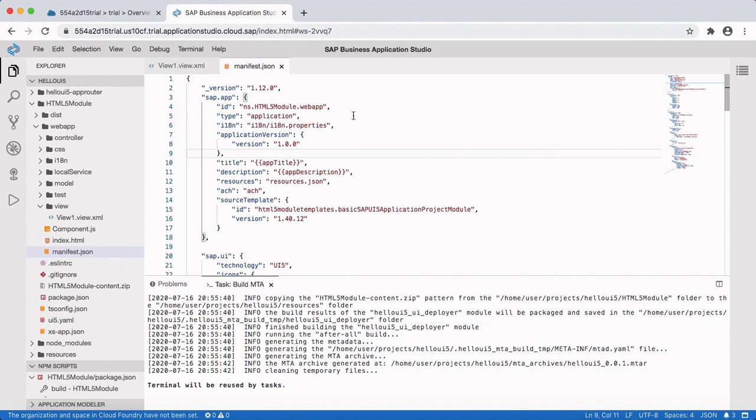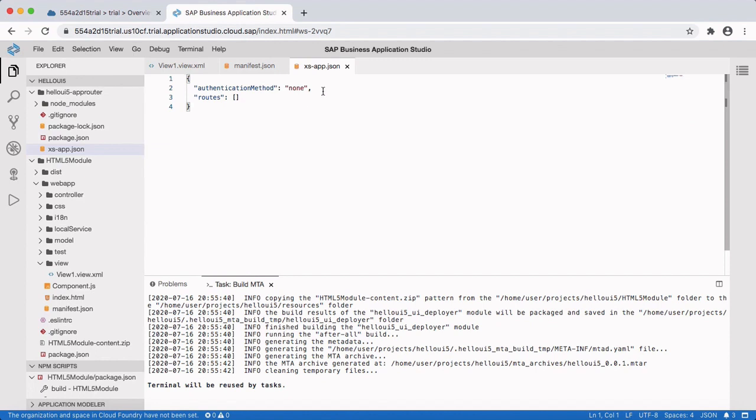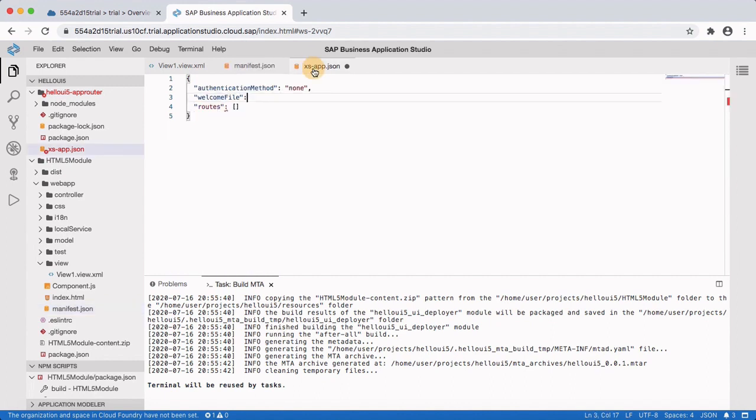I'll add a new property, welcomeFile. I'll copy the ID of this application and I'll paste inside double quotes and I'll remove the dot.